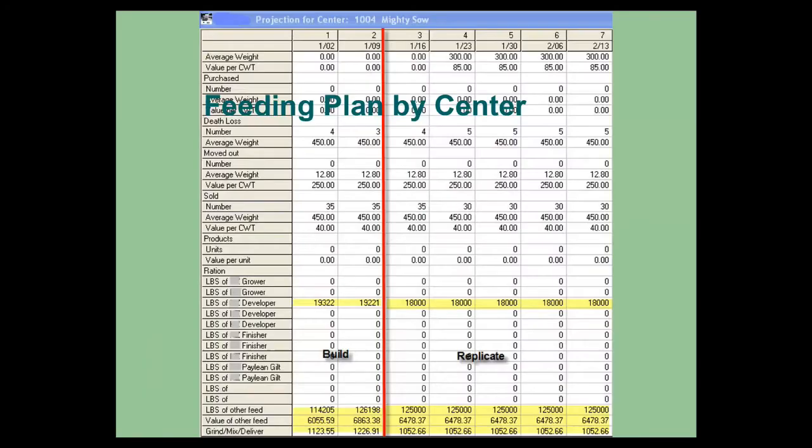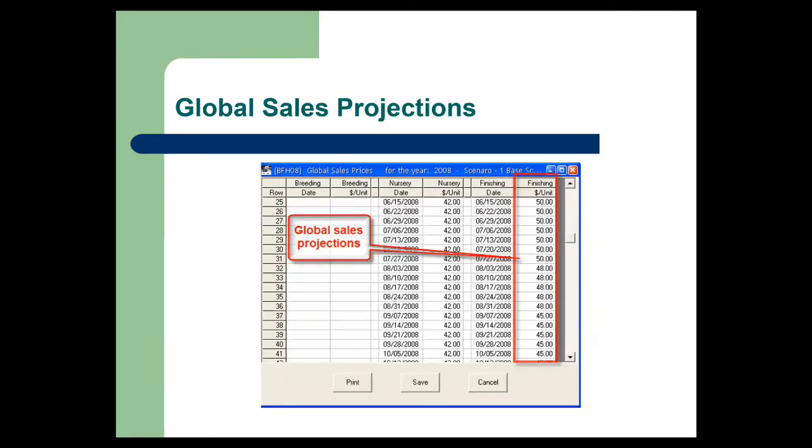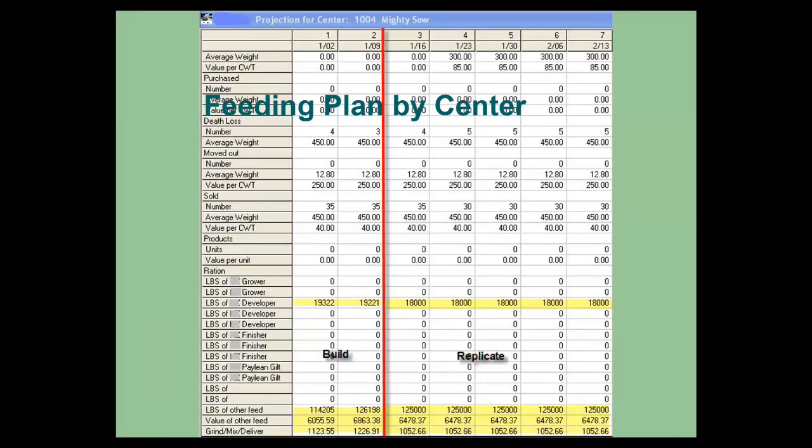So let's see, that's global sales projection. I say what my expected market price is at various increments. It can be months or weeks, and then I use a feeding projection that says I'm going to take what's in inventory. I'm going to calculate